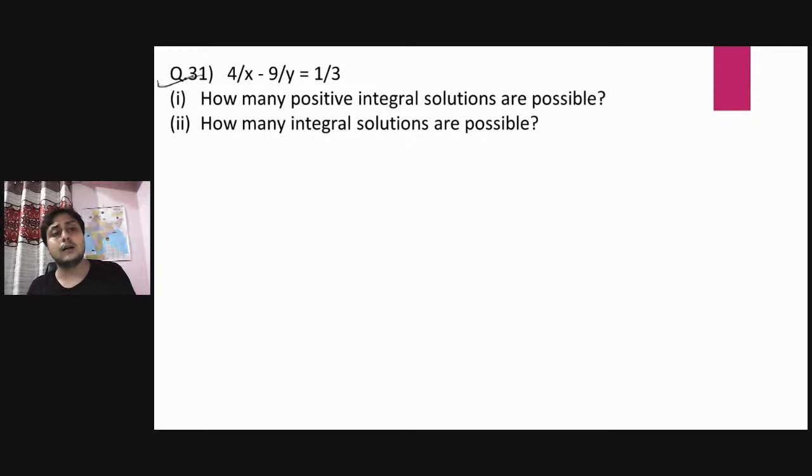Use the same formula because there is a negative sign between these two, 4 by x and 9 by y. So first the number comes out to be a into b, 4 into 9 into c square. C is 3 square. So 4 is 2 square, and 9 is 3 square, into 3 square. So the number comes out to be 2 square into 3 power 4. This is the number. So number of factors of n,